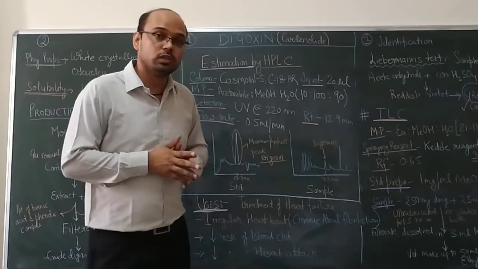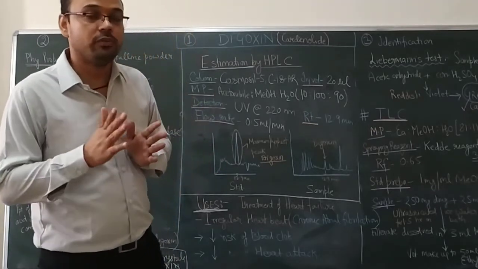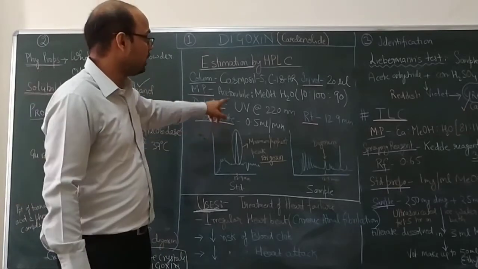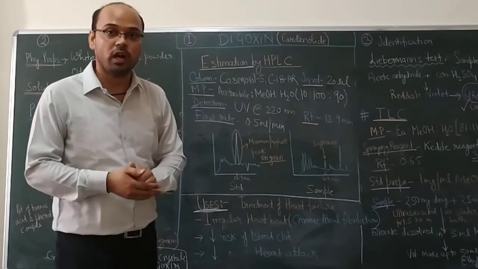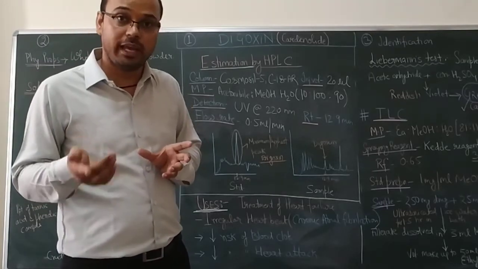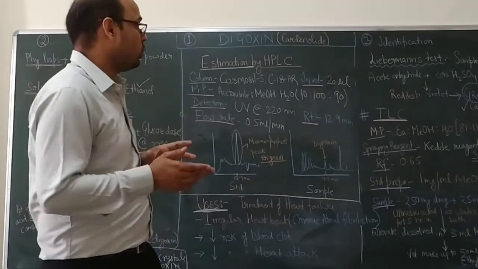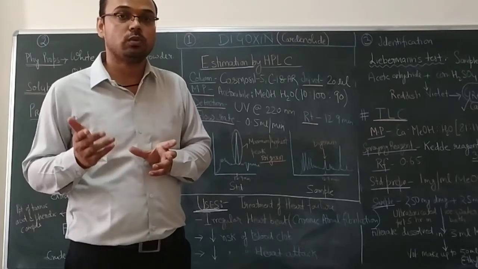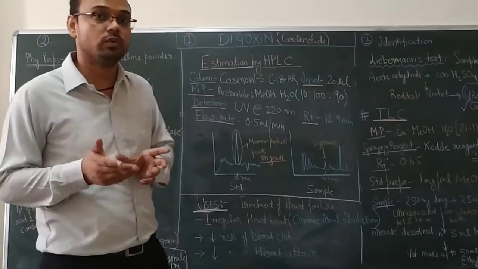Then we have used the mobile phase. We have used acetonitrile, methanol, and water. Here we have used ultra purified water for HPLC analysis. In a ratio of 10:100:90, we have used these following